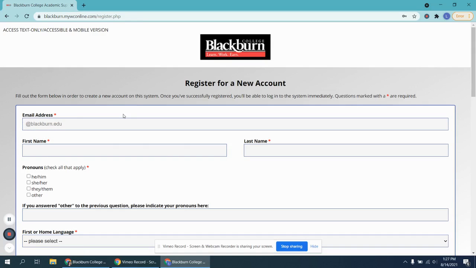To register, simply fill in all the boxes, especially those with red asterisks. Be sure you use your Blackburn email address for your account. You won't be able to register with any other email address. If you don't know the answer to any of these questions or they don't apply to you, you can put